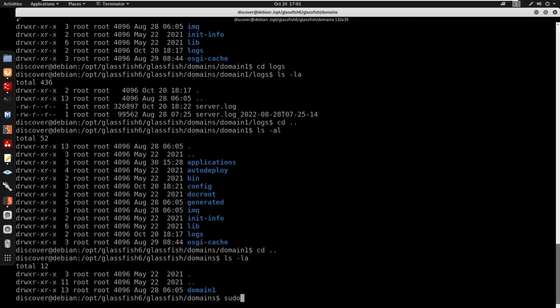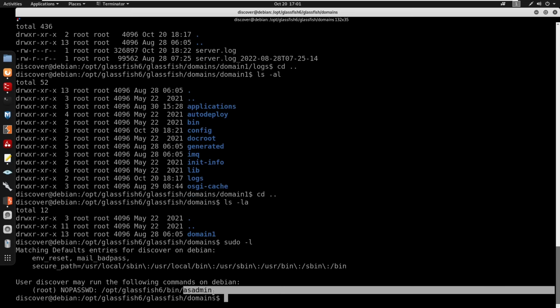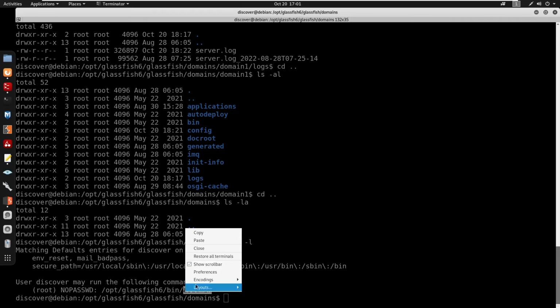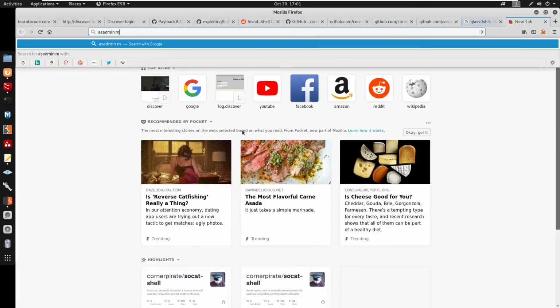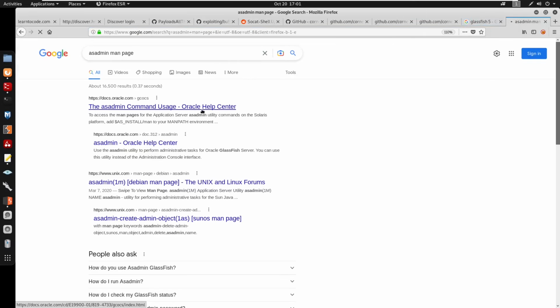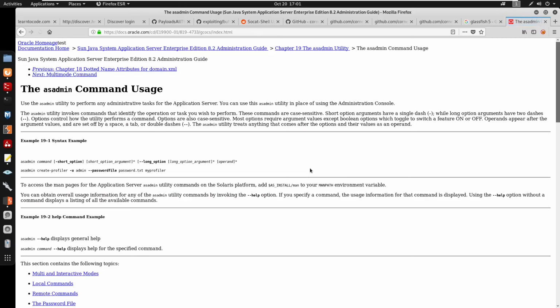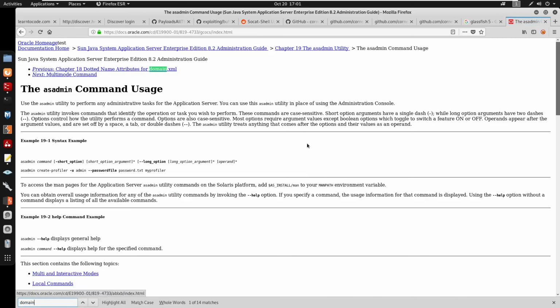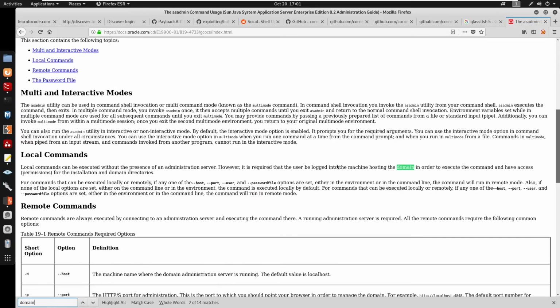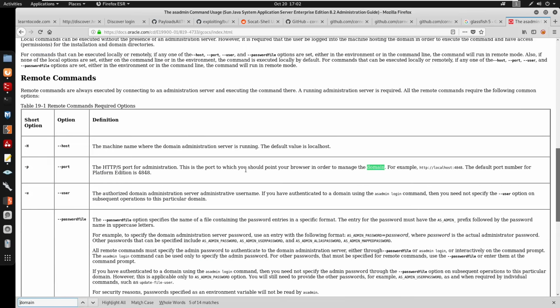Let me check this tool out. So we'll do sudo myself. We'll check out the man page for asadmin here. Man page. Domain. Yeah, so basically this is going to check for domains, directories. Domains, yeah. So point the browser to manage the domain. So we do have a domain. We can specify a,